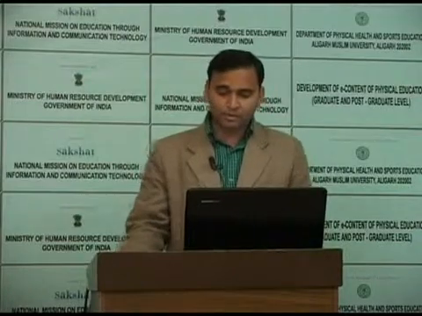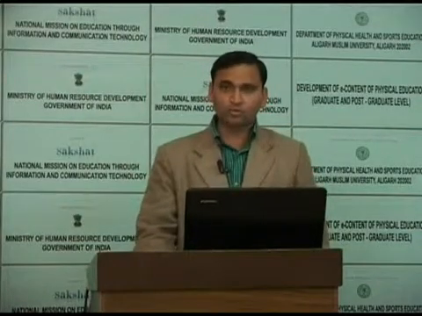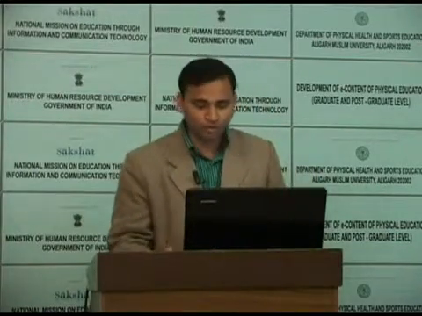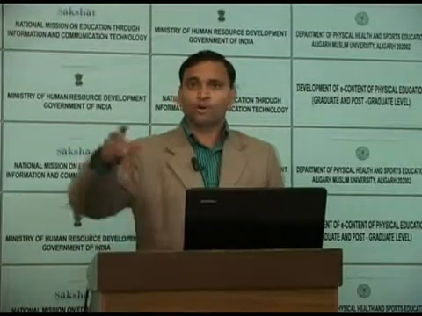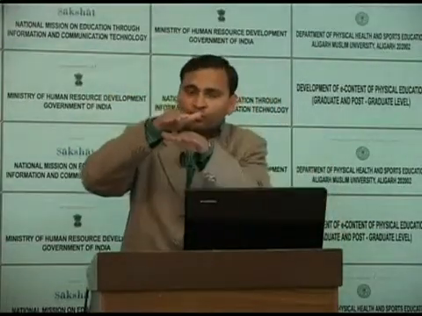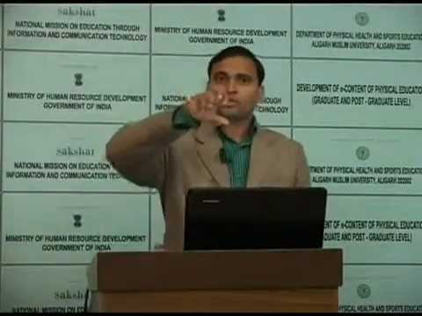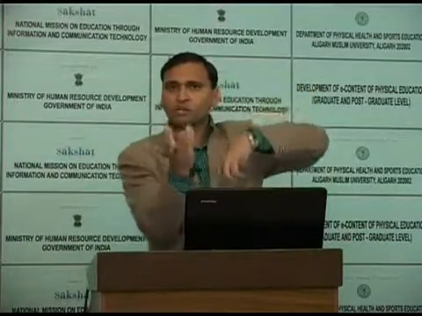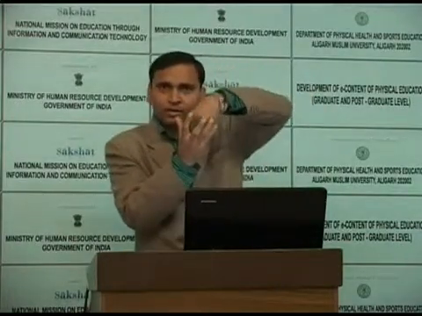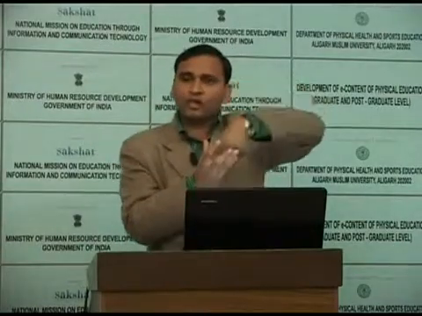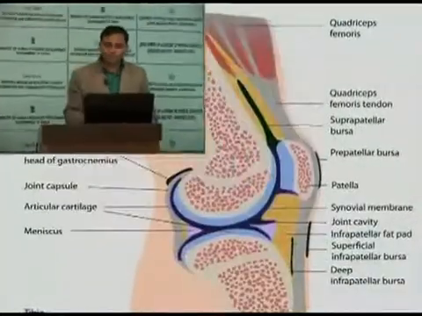So hydrodynamic lubrication is a mechanism that decreases the friction between two sliding surfaces by maintaining a fluid film between the surfaces due to sliding motion. When one object slides over another object, there is a formation of fluid film between the two objects and it prevents the friction between them. Under hydrodynamic lubrication, take the example of a joint, whenever one object is moving, one is concave, the other is convex, and one is moving over the other, because of the presence of synovial fluid in the joint cavity, the synovial fluid comes in between and makes a film between the two opposing surfaces, and by making a film